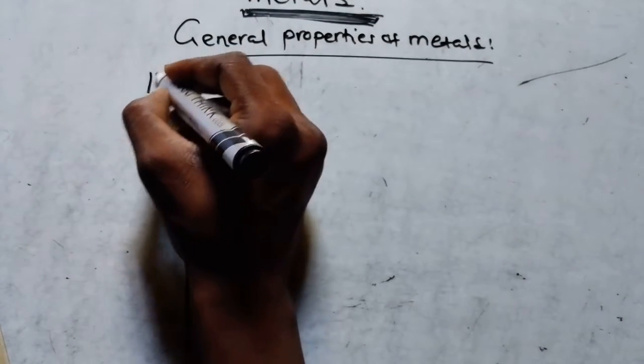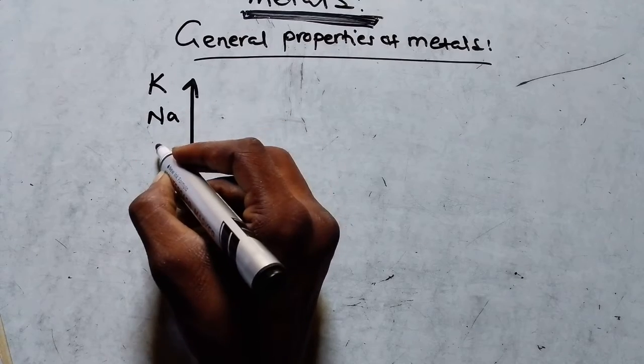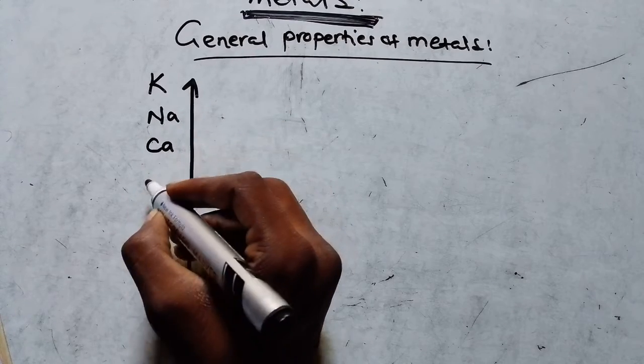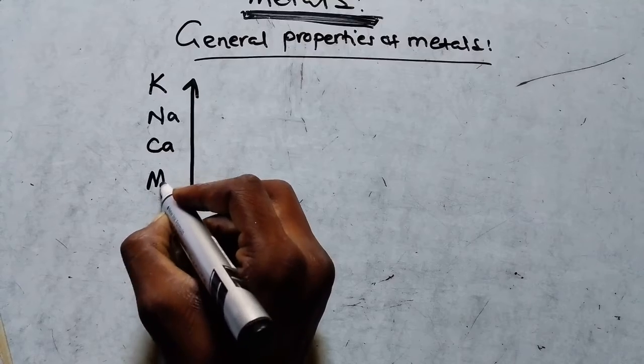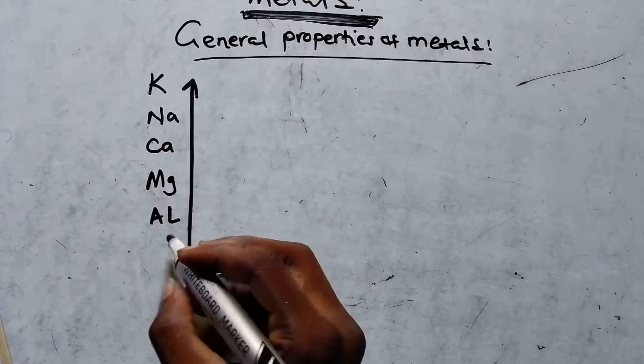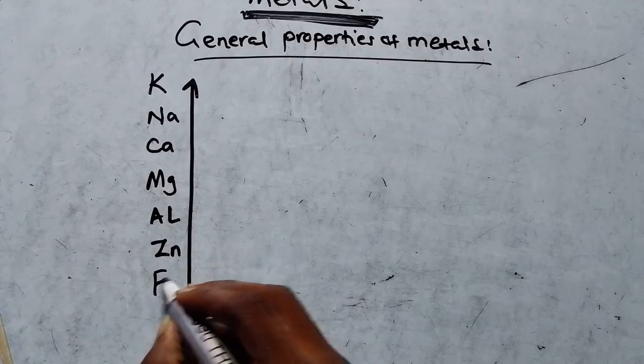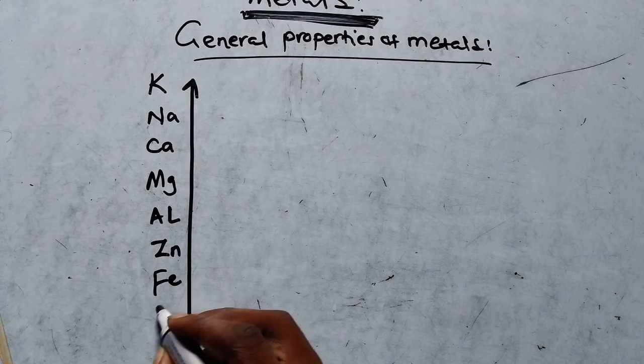Let's say, for example, here we have potassium, here we have sodium, here we have calcium, here we have magnesium, we have aluminium, we have zinc. These are all metals. Then we have iron, then we have lead,